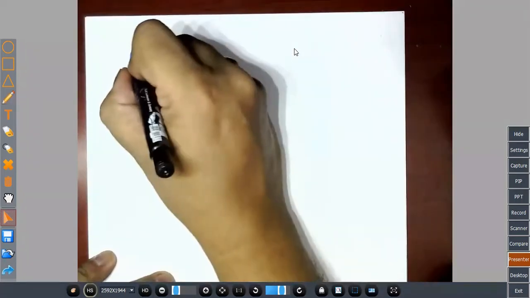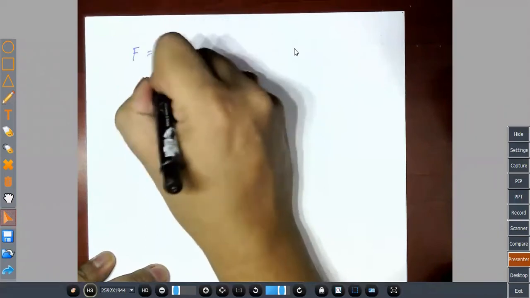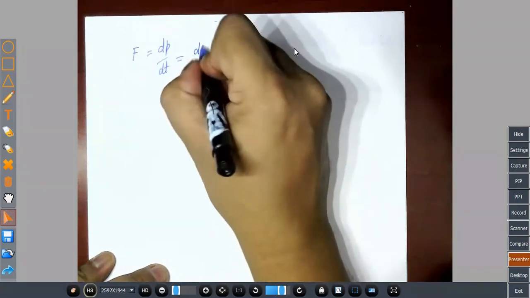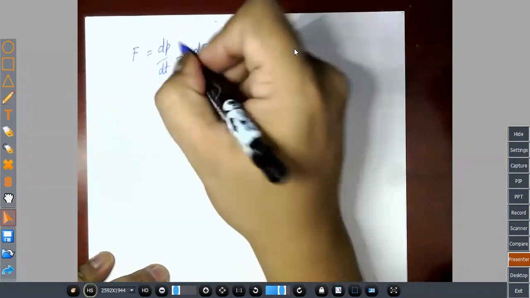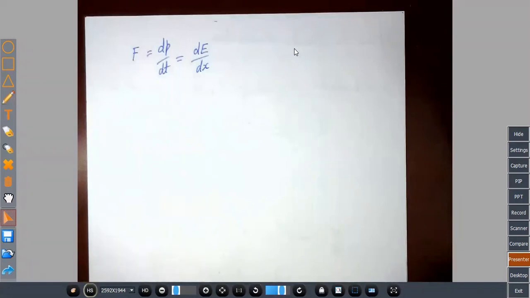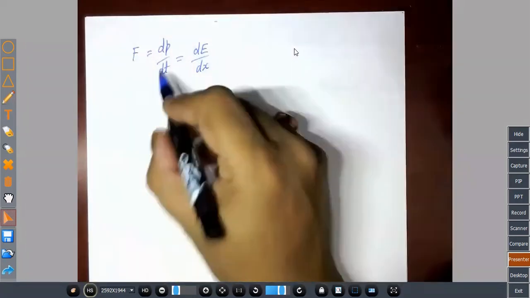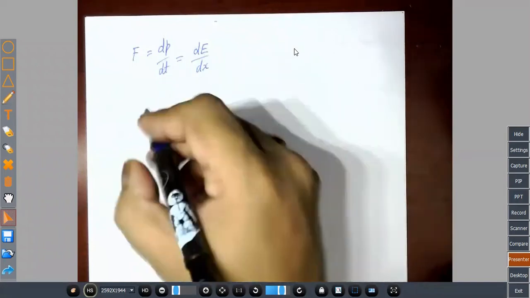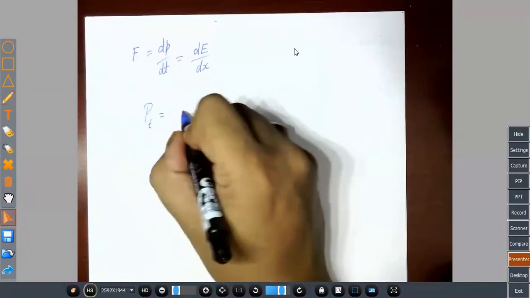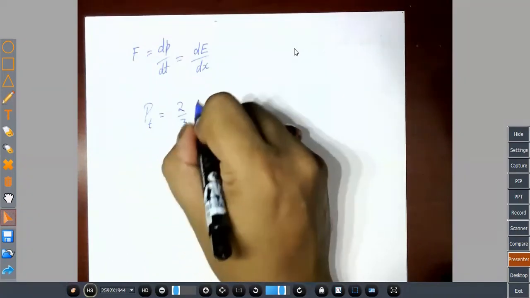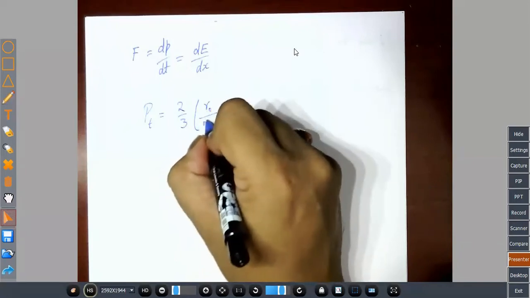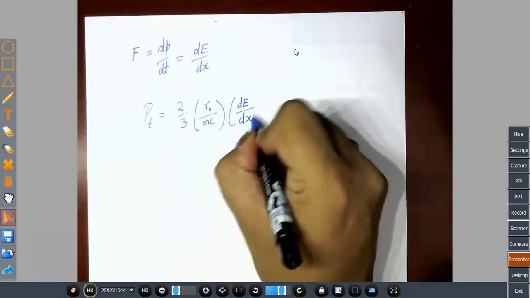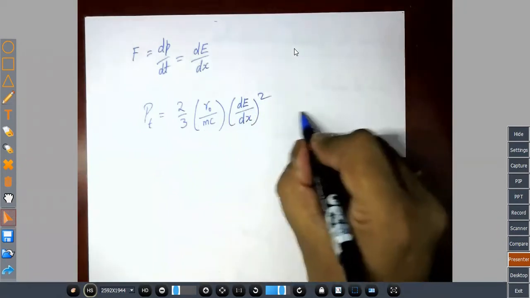Now from Newtonian mechanics, we know that force is the change in momentum, and in terms of energy, it is the energy change with respect to position. So using this relation, dp by dt is equal to dE by dx, the power now becomes, let's see,